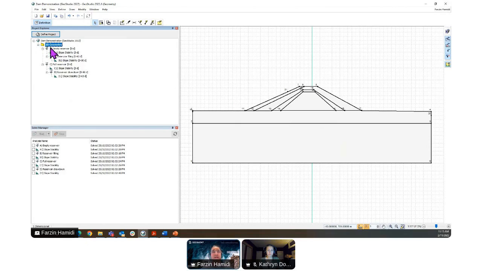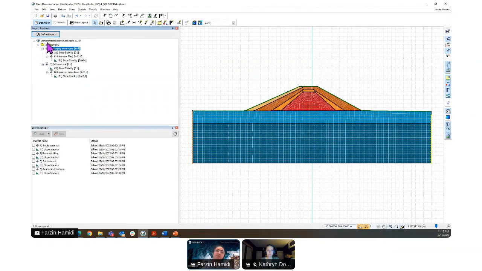So as you can see, this geometry is here, and the objective of this project is to understand the effect of having water behind this embankment as full, and also once it's drained. So you can run this analysis in this project tree.